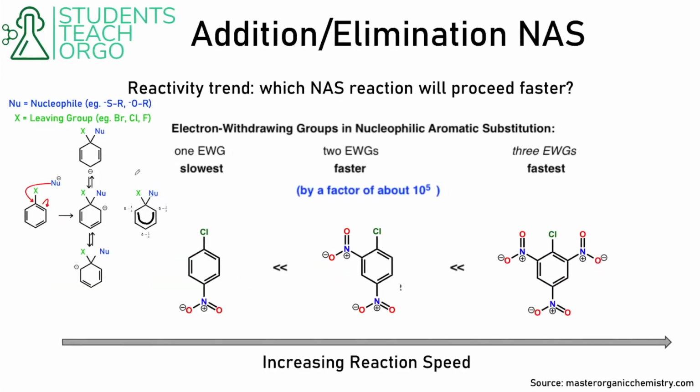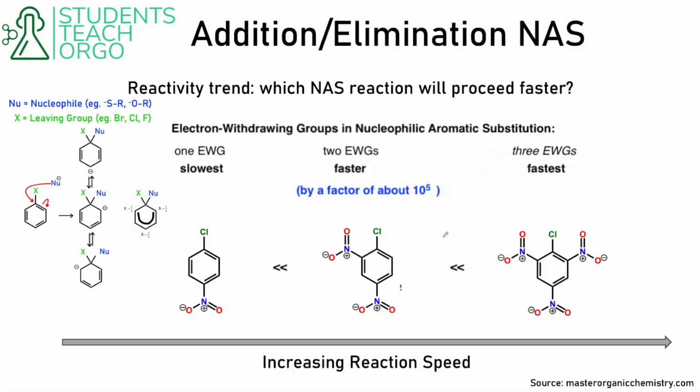So now let's think about what happens when there's more than one electron withdrawing group. And I think this makes a lot of sense. If you have one electron withdrawing group, and in this case they've drawn it in the para position, so this is one of those positions that can help stabilize that negatively charged intermediate, you can see that that'll proceed relatively fast, but it'll go even faster if you add another one